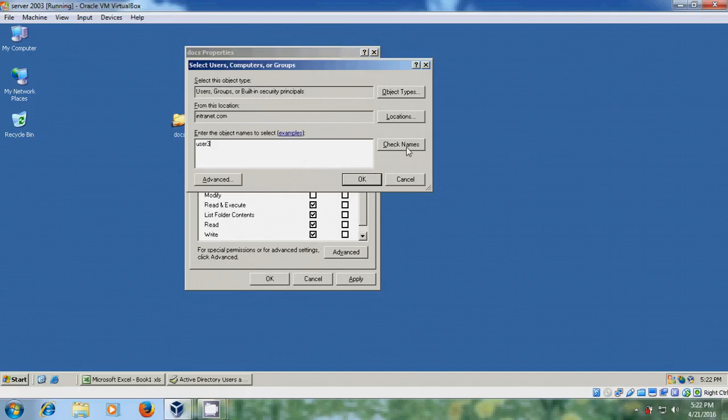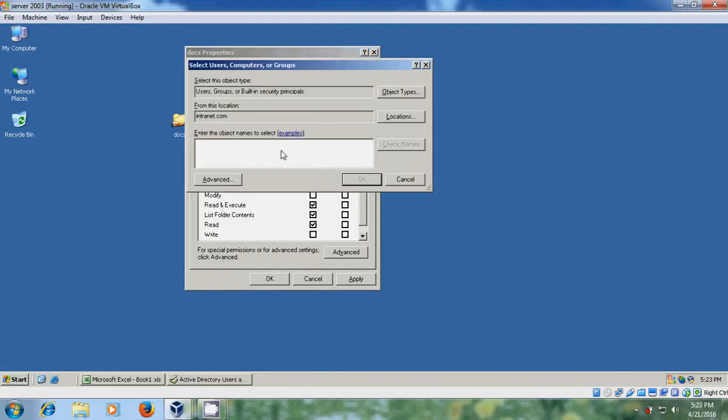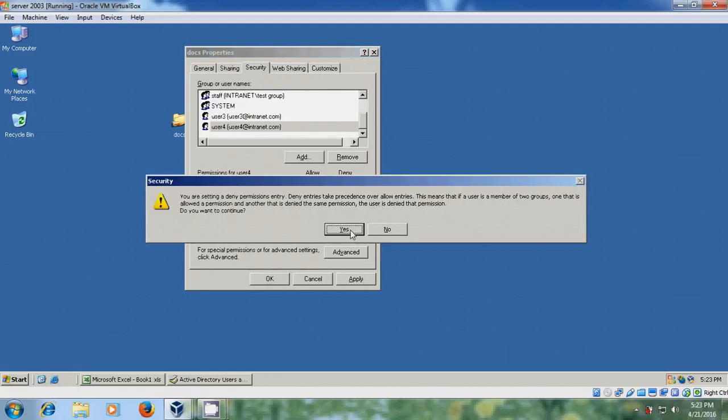User 3, for user 3 I'm giving the default one, read and execute, list folder contents, read. User 4, OK. For user 4 I'm selecting Deny, apply, yes,